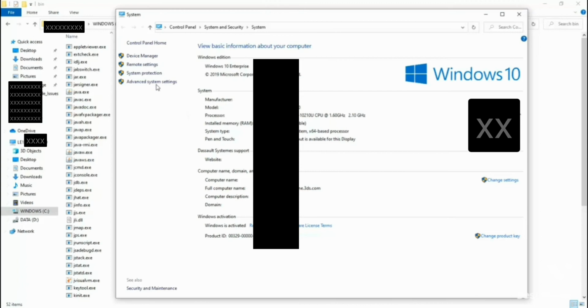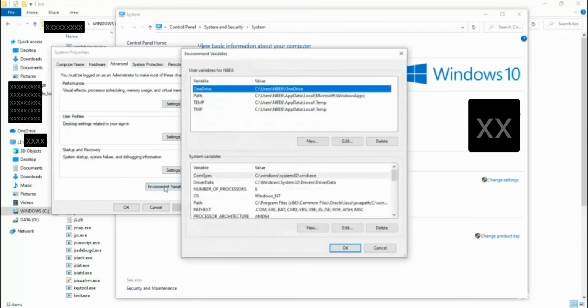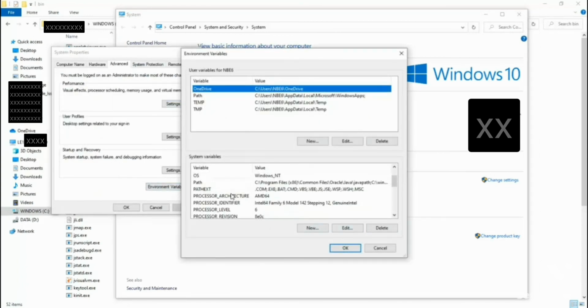Similarly, we will set the JRE path in the path variables. Again, open the environment variables, go to path.